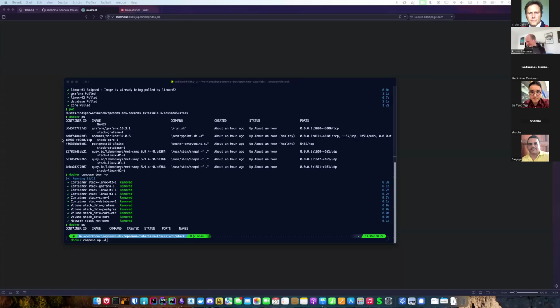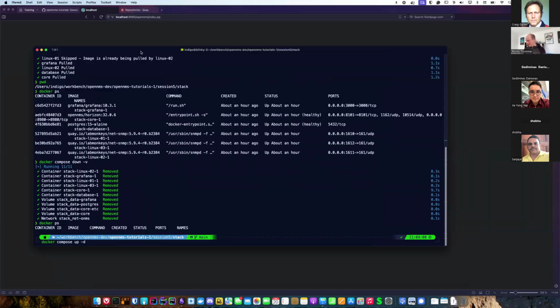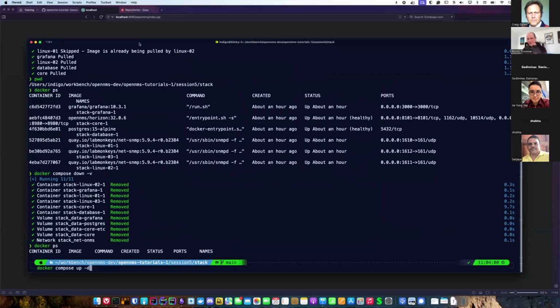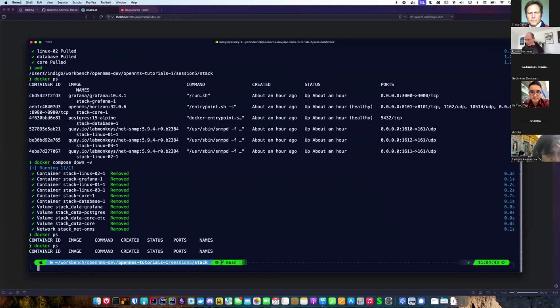You're not able to see my screen? Let me share it again and make it a bit bigger. So I stopped the whole stack with docker compose down and checked if there's anything running.